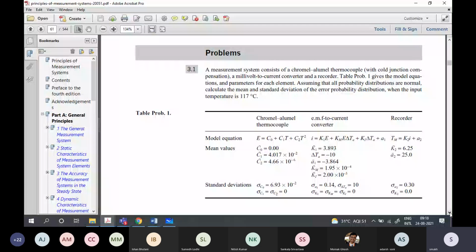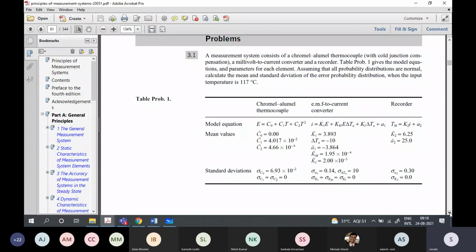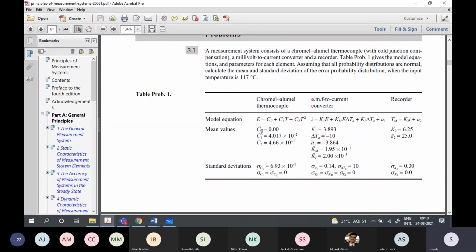See, now all these values are given. This problem can be solved exactly as given in the example. The mean values are given, so you can calculate the mean EMF for a given temperature, and then only C0 is supposed to be uncertain, so you have to differentiate with respect to C0 and get the first sigma square E, and then you should use sigma square E here,